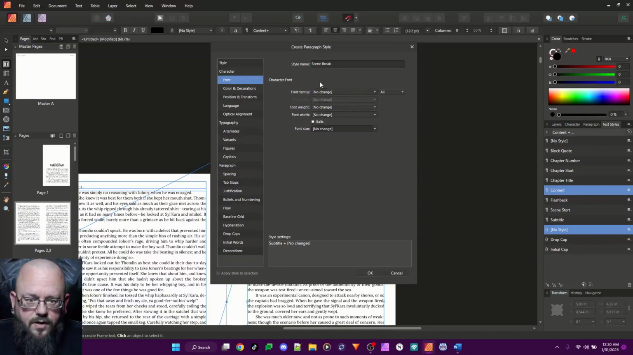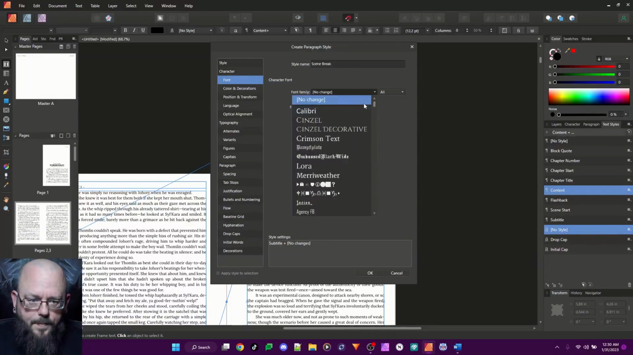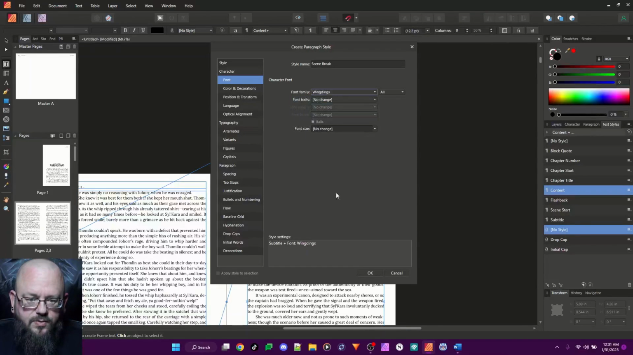I will go to the font. Now, font family, you're going to laugh, but I'm going to use Wingdings. It's not a font most people use, especially publishing a book. But this means I don't have to add art for my scene breaks. You'll see why in a second. I also want to make sure that they are 10-point font,